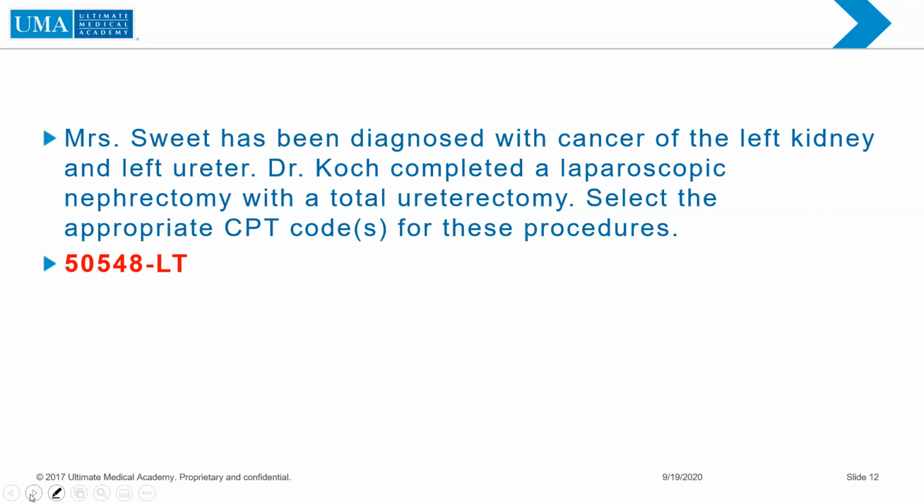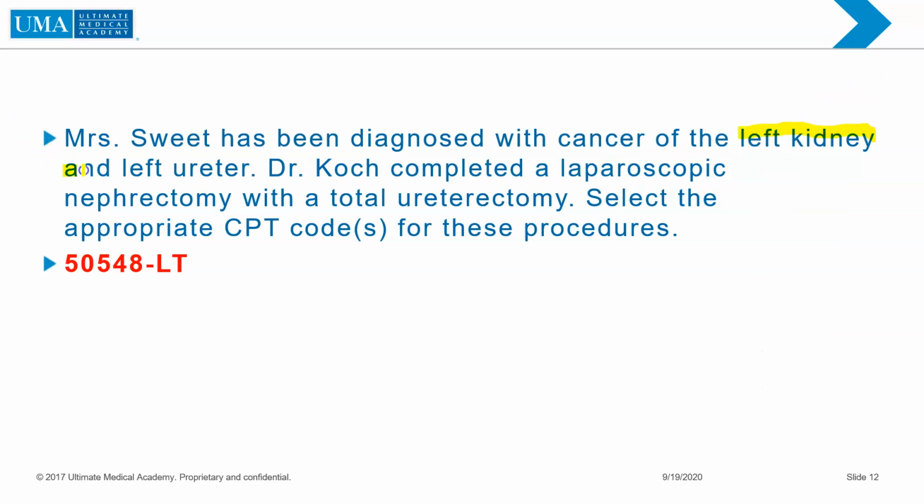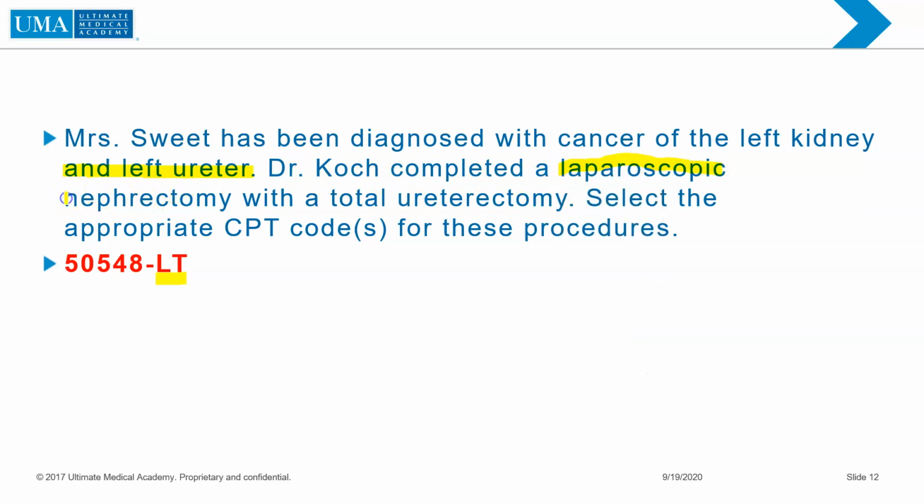So this is another question that we're going to have to dissect. It says, Mrs. Sweet has been diagnosed with cancer of the left kidney and ureter. So we can already tell this isn't a question in reference to the urinary system, right? And it says, and the left ureter. You can already see we have our LT here for the location, which would be left. And now we want to see what was performed. And it says a laparoscopic nephrectomy with total